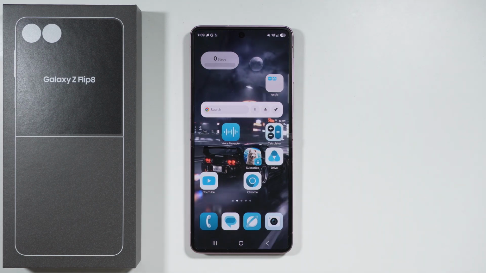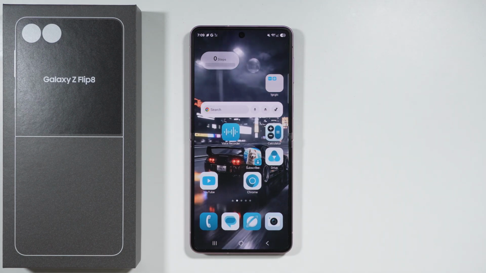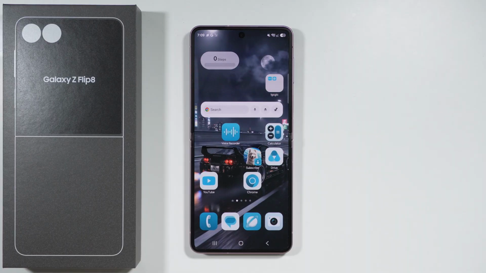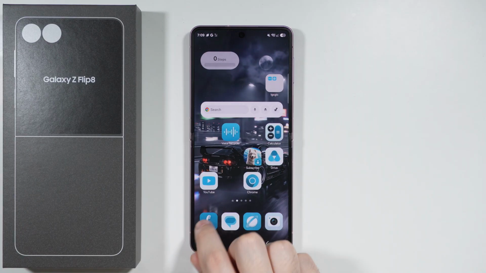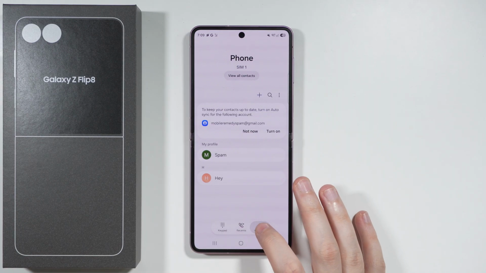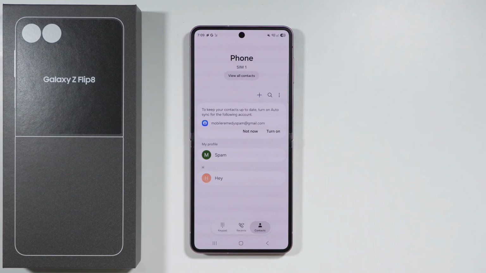If you don't have a contacts list on your Samsung Galaxy Z Flip 8, or the contacts list is incomplete, in order to fix this, you can go to the phone app. Now over here in the phone app, of course, we want to make sure that we have the contacts option